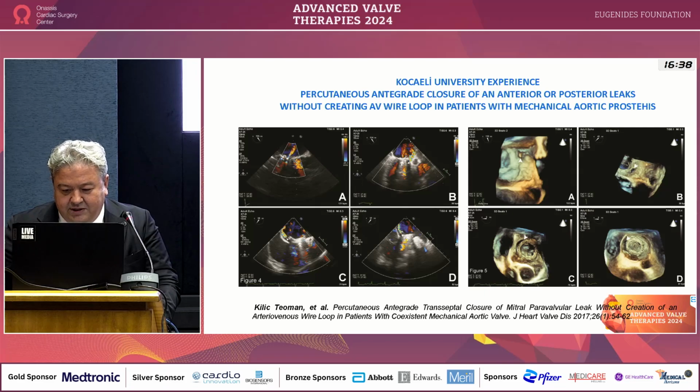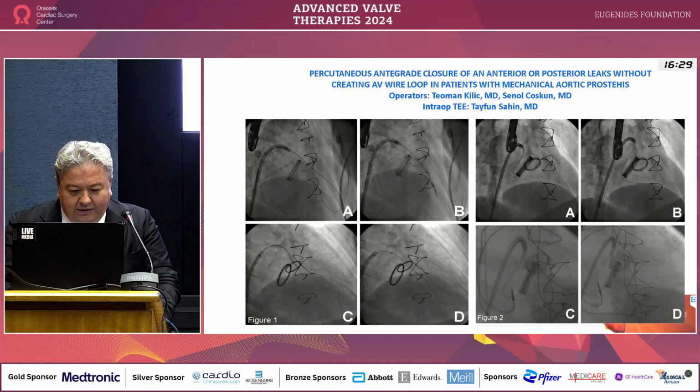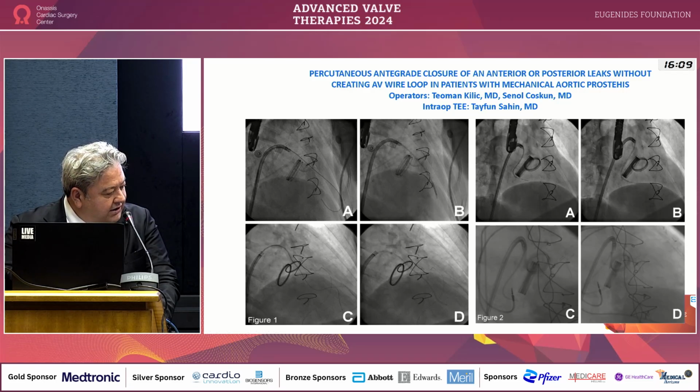we close the leaks, anterior and posterior, without creating an arteriovenous wire loop in patients with mechanical aortic prosthesis. Here, as an anterior leak, as you see, we come from the transseptal. It was easy for the anterior leak, but for the posterior medial leak, this is a modified pigtail technique that we used. We pushed the distal part of the Agilis at the bottom of the left atrium, and then sent